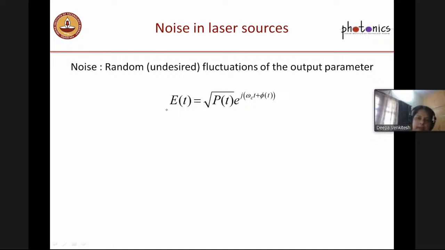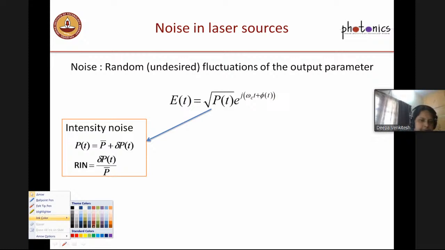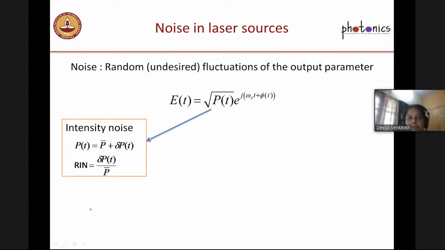So the electric field at the output of the laser, intensity noise can be quantified as the electric field's amplitude and phase. And the amplitude is actually the square root of power. And the phase is, of course, e to the power j(omega t plus phi of t). Now, power, the fluctuations in